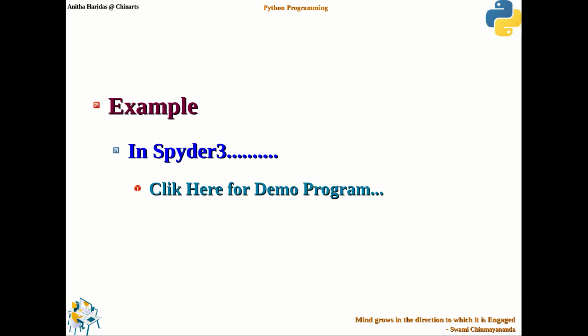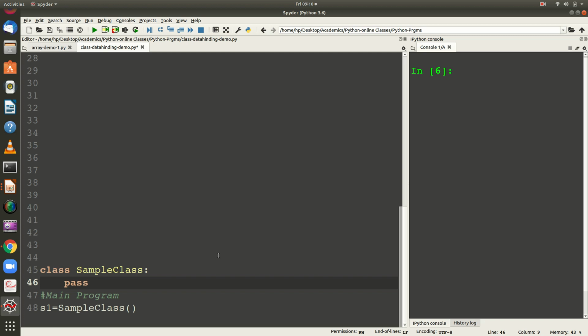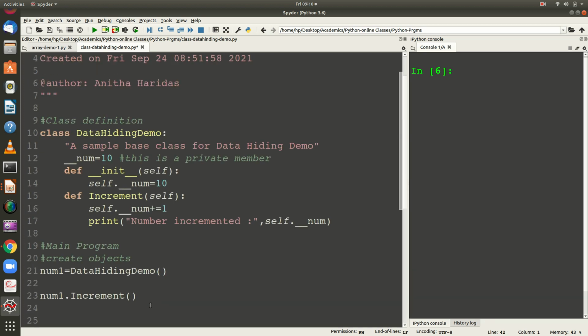So, let us see an example program, a very simple example program. I will go to Python. Okay, so this is a very simple Python program that shows how we can have a private member.